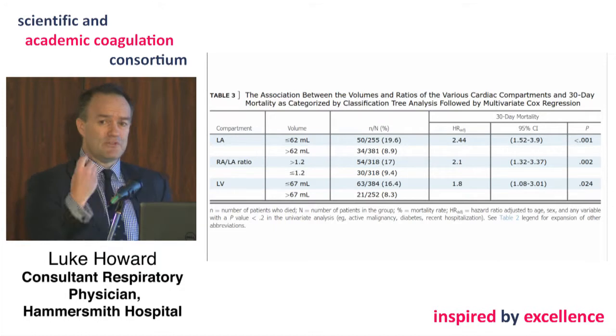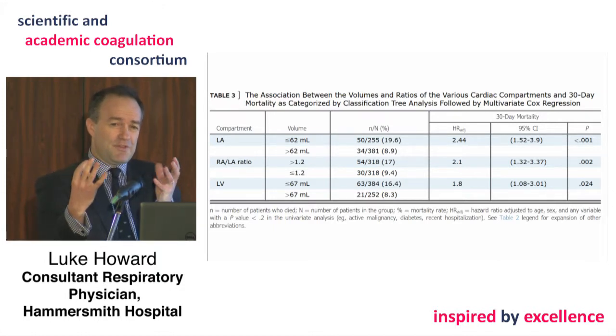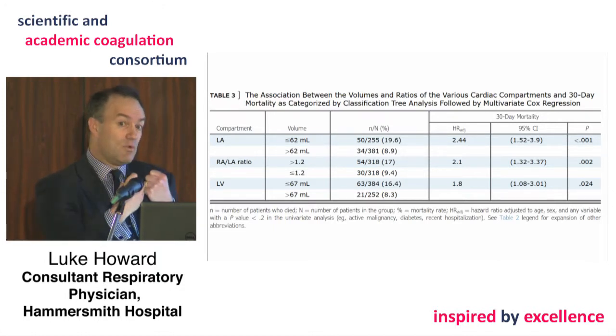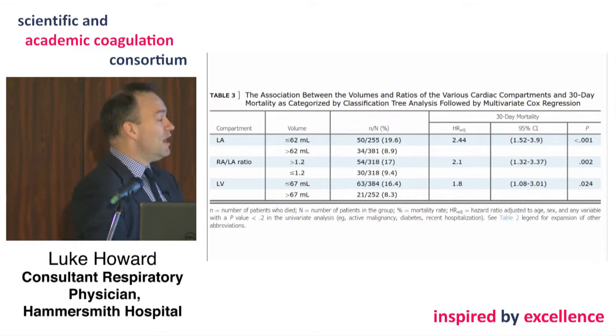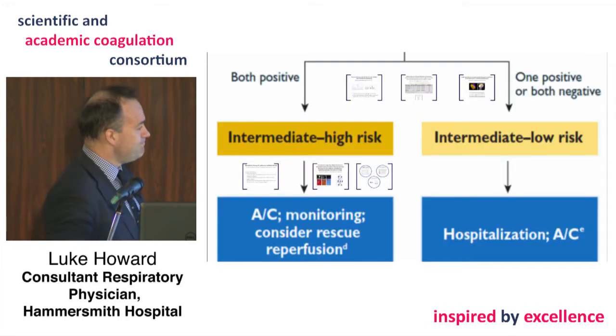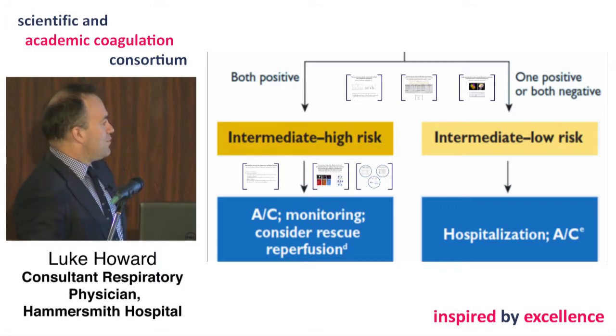But what we're really trying to do in these patients with intermediate high risk is select out the ones that we should be pushing forward for thrombolysis. Now, thrombolysis is